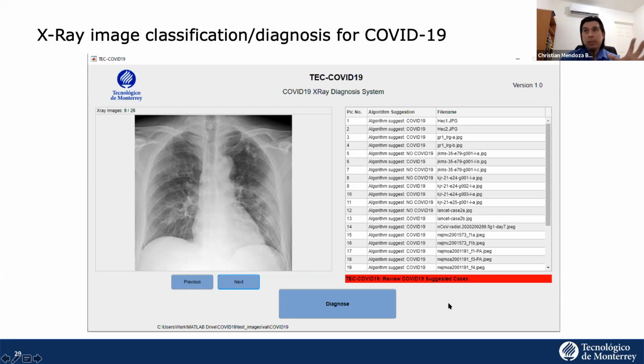Again, it's not deployed in hospitals. It's not being used and validated yet by medical doctors. We are working with them on a project to validate this whole methodology and this application. But it's a good way to think of innovative avenues to try to use our technology, machine learning and deep learning algorithms, to do something for the greater benefit.